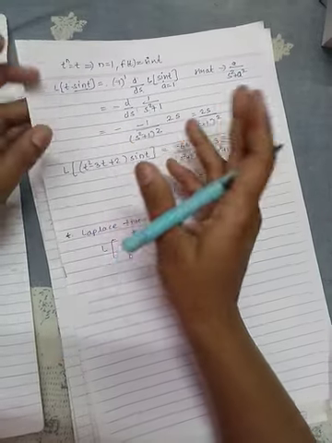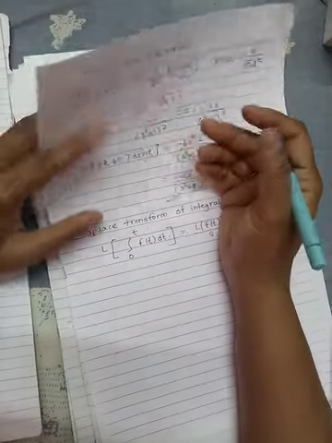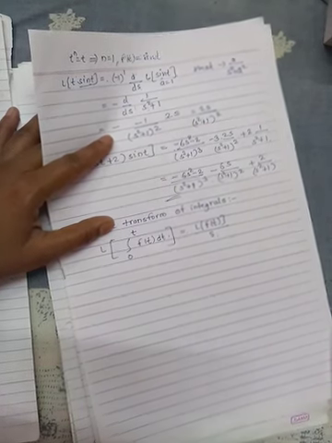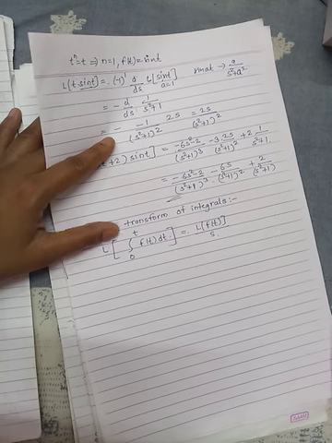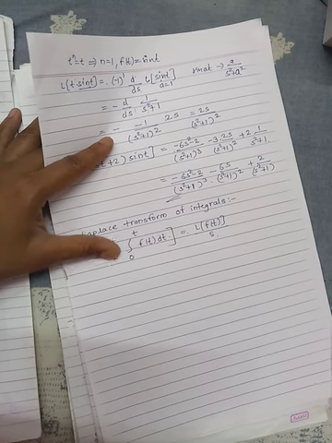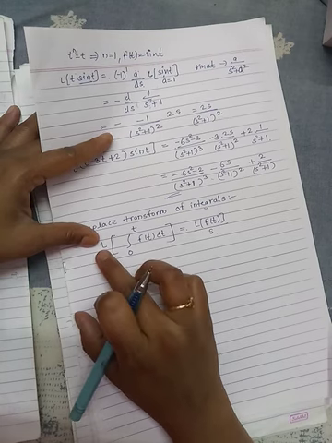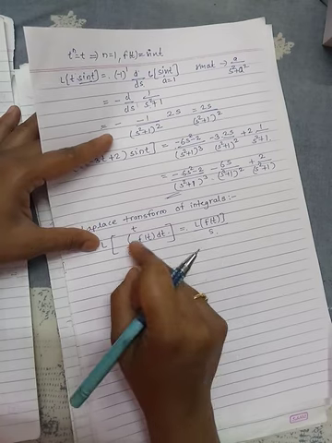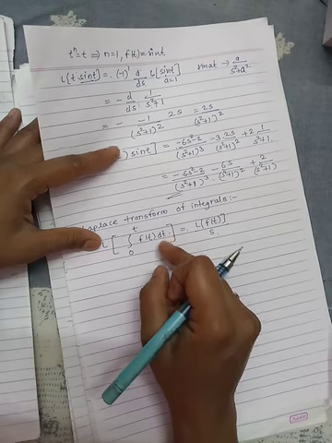So this property is totally different from the other properties. Other properties in previous lectures we have studied are the shifting property, change of scale property, multiplication by t raised to n property, and division by t property. In these properties we have taken the Laplace transform of the given function, that is Laplace transform of f(t) only, and in this property we are taking the Laplace transform of integration of a function. So here we can easily check the examples for this property.